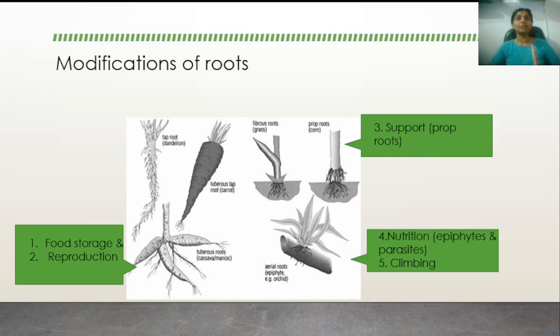So what is the advantage of this modification where the roots are sent into the air? Well, this allows a plant to have more options than growing in the soil. It allows a plant to grow on the branches of other trees, and the roots are sent out into the air to look for better places to hold on to, for better nutrition, and it sucks the nutrition and water from the air.